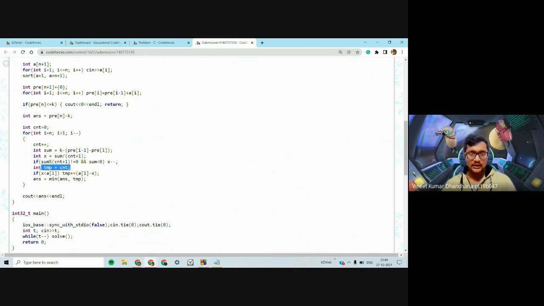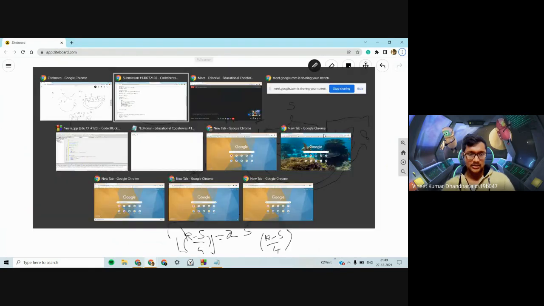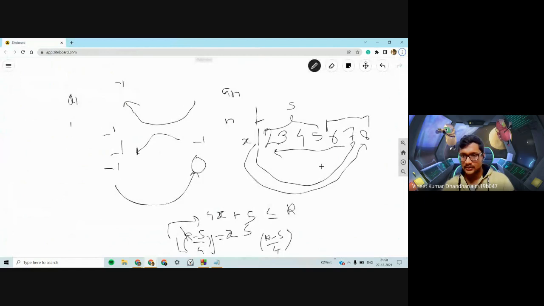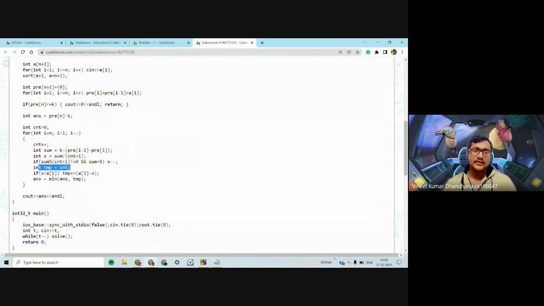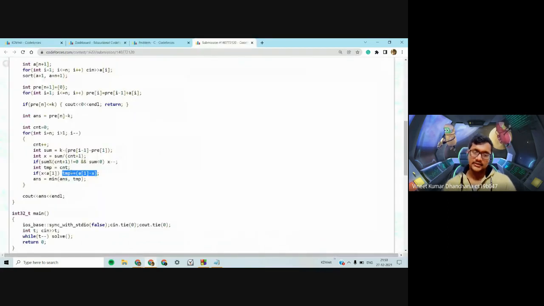Now temp is count. Temp is basically the number of operations we did. So it would be count for them, because we assign it to these elements, and we will add a1 minus x. Basically, this was originally a1, and we changed it to x. To do that, we would have to decrement it. If it's less than its original value, then we have to decrement it, and that would also take a1 minus x operations. So the total number of operations is temp, and we minimize it with the answer, and then we print it.